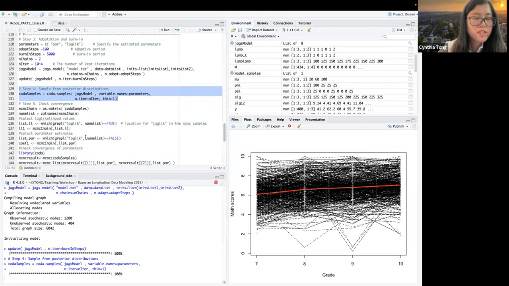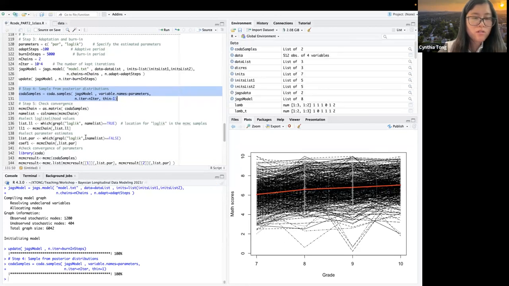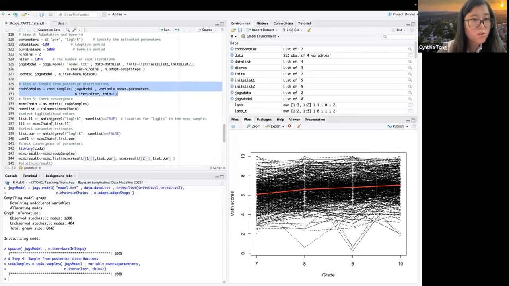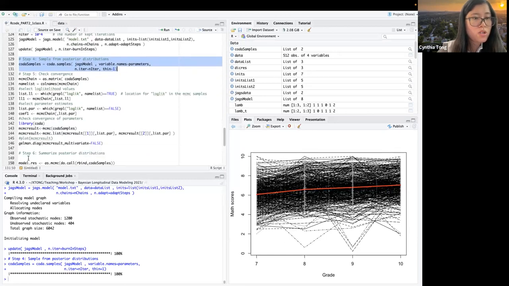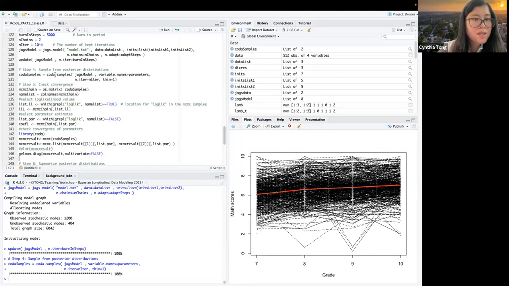And for checking the convergence, previously I gave you the code for using the Geweke test, but here, since we have 2 chains, we can use Gelman's test. So to check the convergence, we are going to use the Gelman diagnostics. But from that, we need to save the coda samples as an MCMC chain and name that.